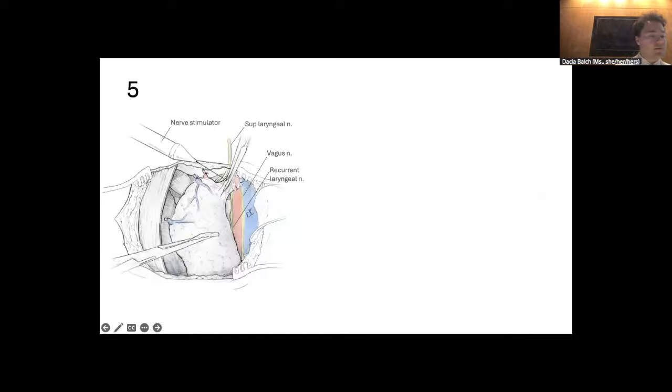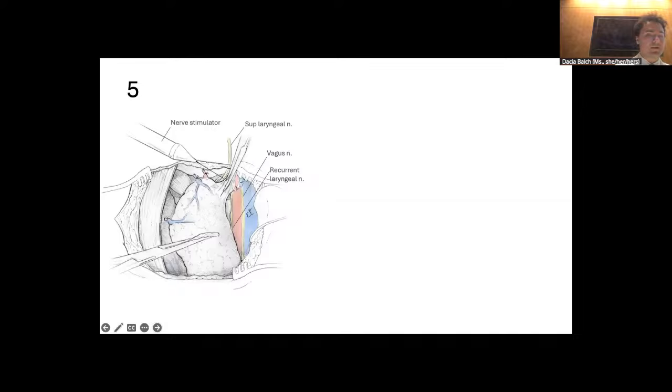In figure 5, the thyroid is rotated medially. A nerve stimulator is used to identify the superior laryngeal nerve during the dissection of remaining adhesions. The superior laryngeal nerve runs close to the superior pole of the thyroid, and the nerve stimulator is used to map the nerve's paths to ensure nerve integrity during the dissection. Careful, sharp, and blunt dissection around the fibrous capsule of the thyroid is continued, with the nerve stimulator being utilized